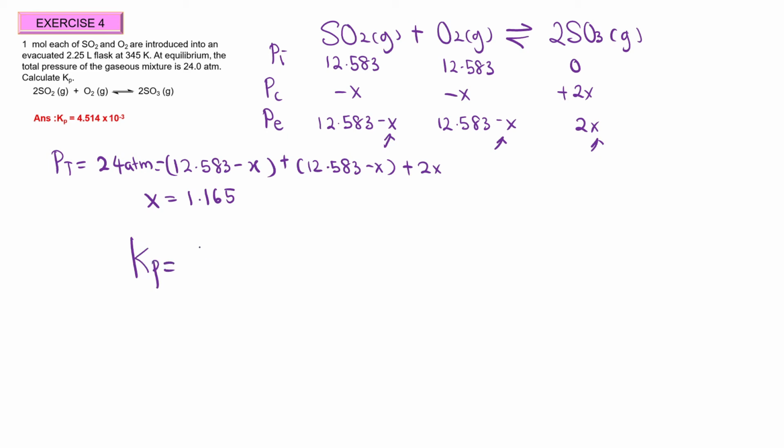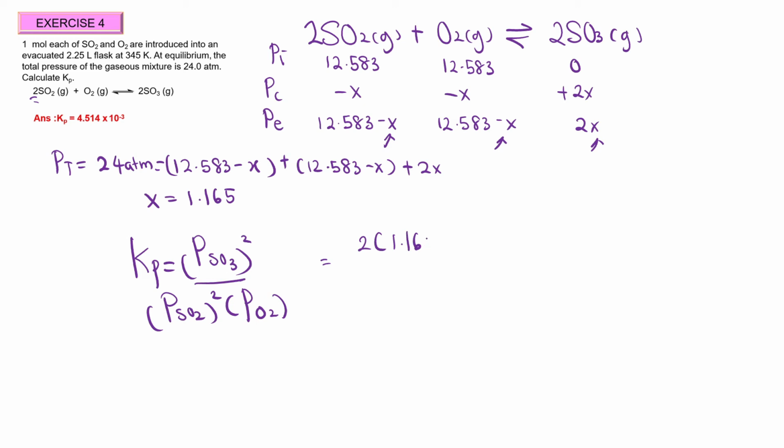So Kp is equal to the partial pressure of SO3 square over the partial pressure of SO2 square, where we have the 2 from the balanced equation, times the partial pressure of O2. So we substitute the values here. The partial pressure of SO3 is 2x, so 2 times 1.165, squared, over SO2, which is 12.583